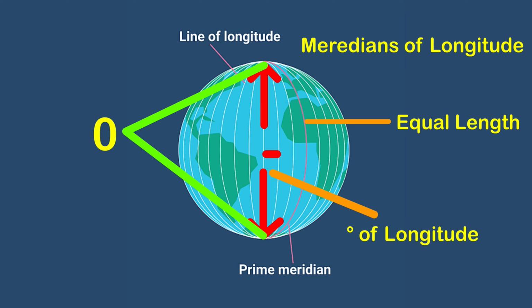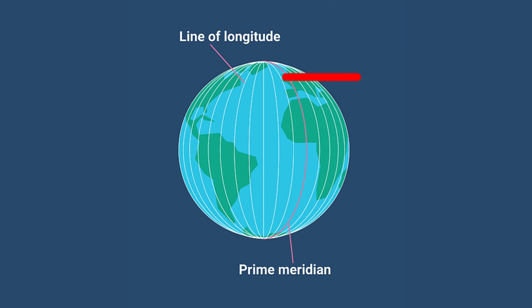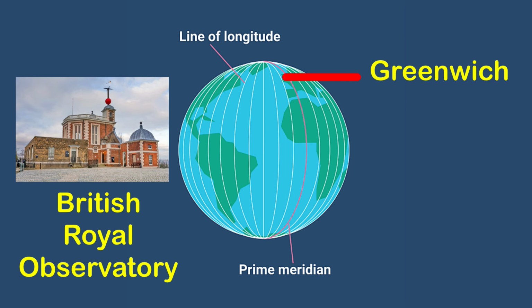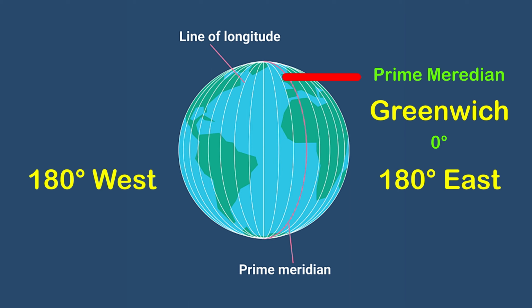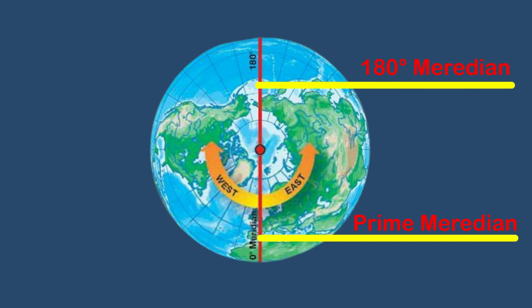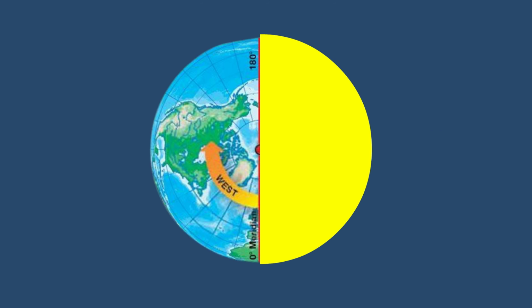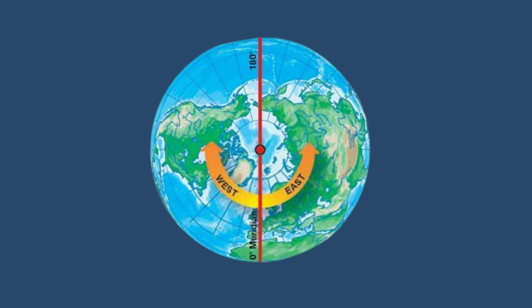Hence, all countries decided that the count should begin from the meridian which passed through Greenwich, where the British Royal Observatory is located. This meridian is called the prime meridian. Its value is 0 degree longitude, and from it we count 180 degrees eastward as well as 180 degrees westward. The prime meridian and 180 degree meridian divide the earth into two equal halves, the eastern hemisphere and the western